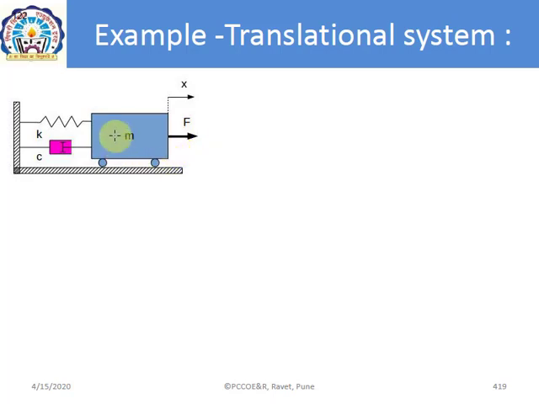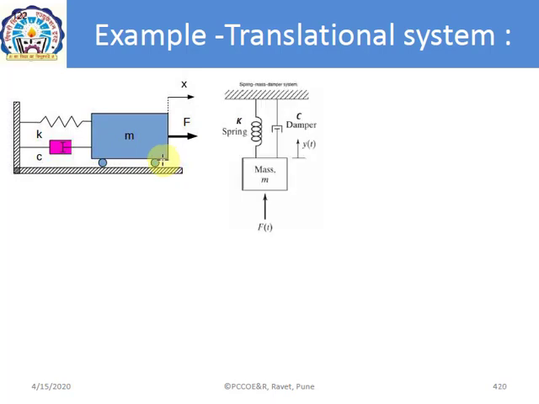Now in this case, the mass is moving on a horizontal platform and it has been assumed that between the wheel and the platform there is no friction, so the surface is frictionless and the motion is frictionless. So the only resistance being offered to the system is because of this damper. Now the same system, by changing the orientation, we can have some mass, spring and damper. Now we have changed the direction of the force and we are assuming that the system responds in the same direction. Third, we are inverting the orientation.